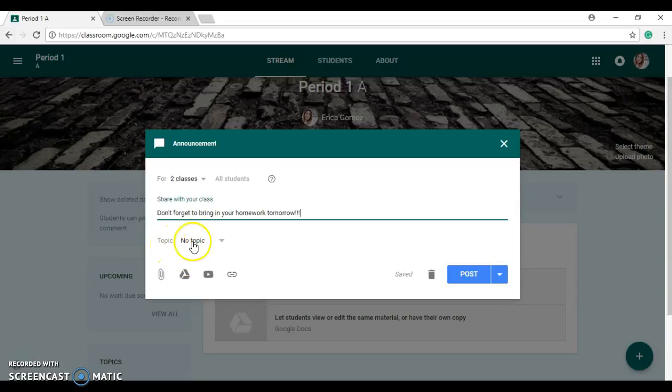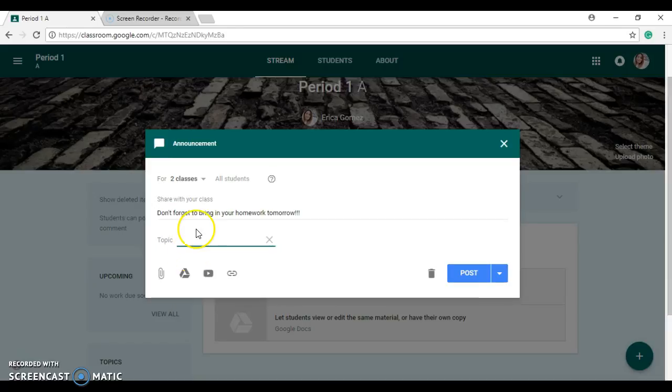And then you can also add a topic. You can decide I don't want a topic, just leave it as is, or actually add a topic. So I'm going to create a topic, and I'm just going to title it reminder, since I'm reminding them to bring their homework tomorrow. So you click on reminder, and the really neat thing about announcements is that you can also add content to those. So you can